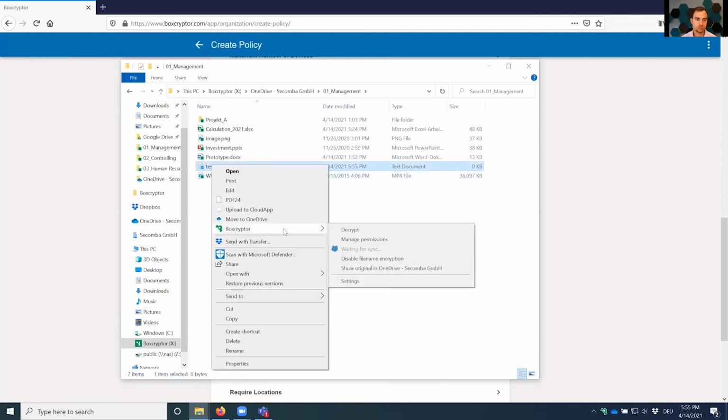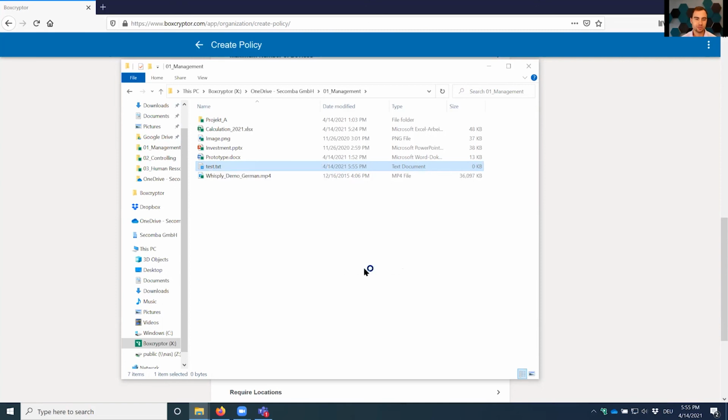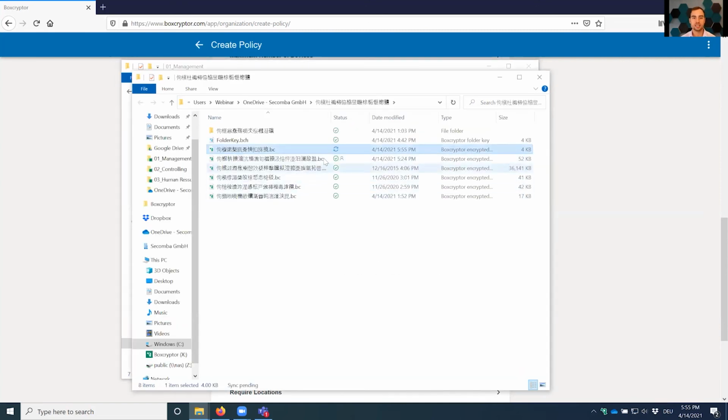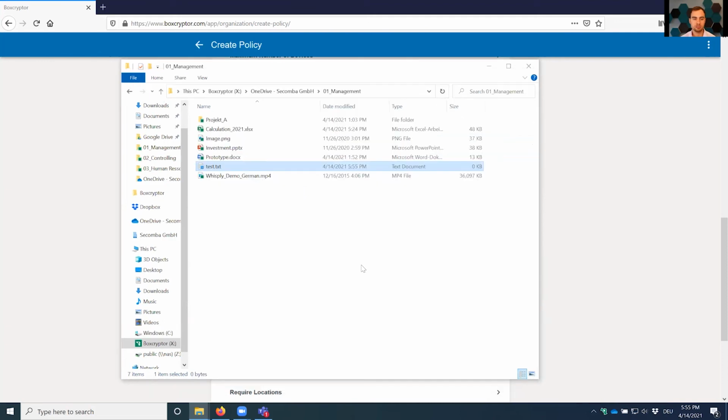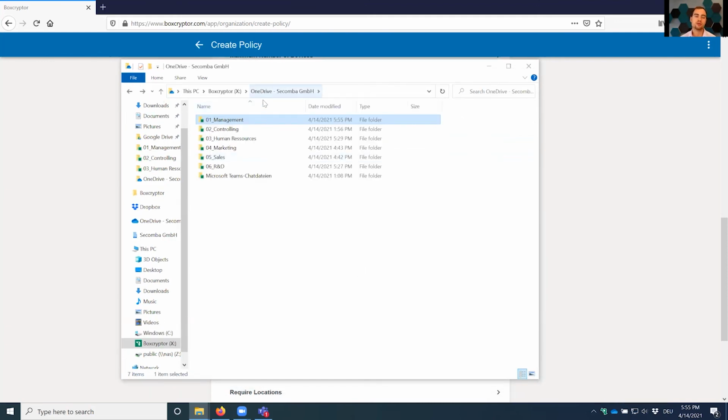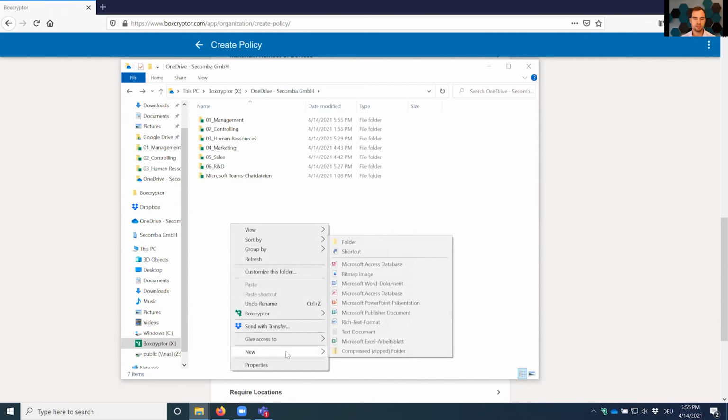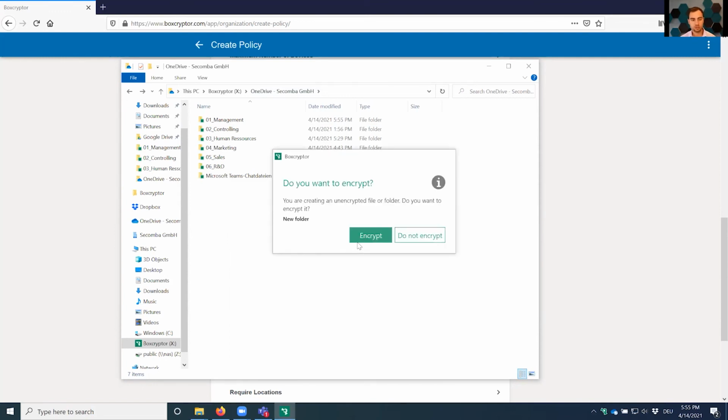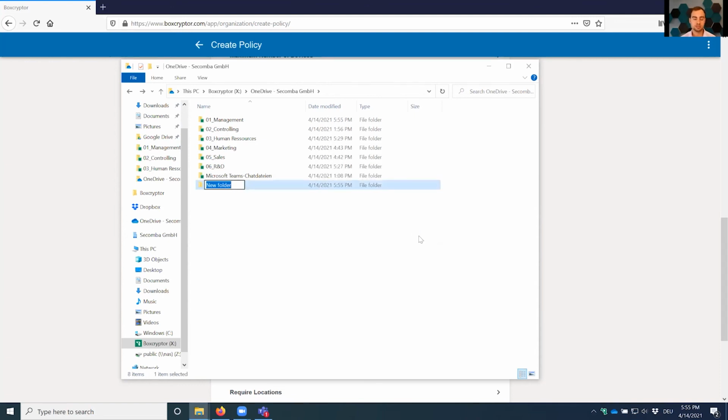Or you can trust me, or we can show the original. Yeah, so everything is encrypted here, and syncing is in process. But if we create a folder or a file in a not encrypted folder, like the root folder here, new folder, Boxcryptor will ask me, do you want to encrypt or not? Encrypt, do not encrypt. So I could possibly say do not encrypt,